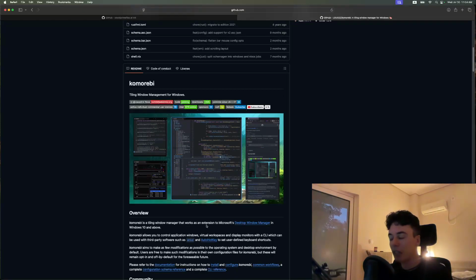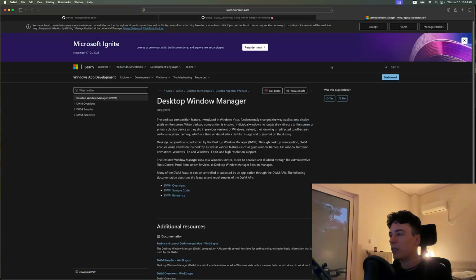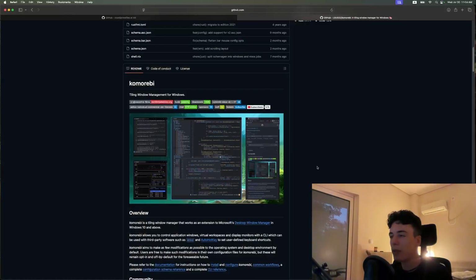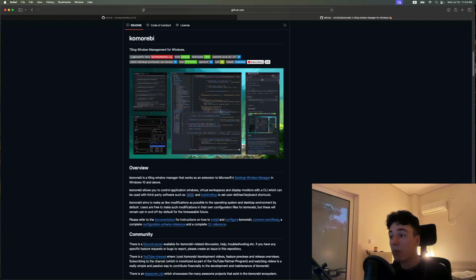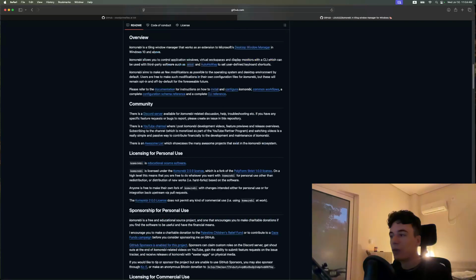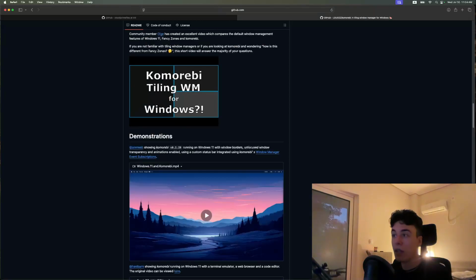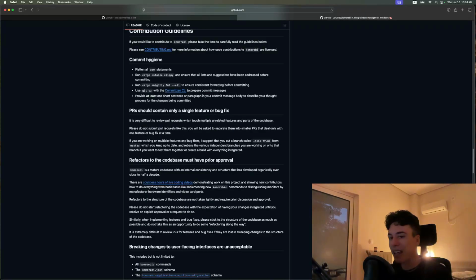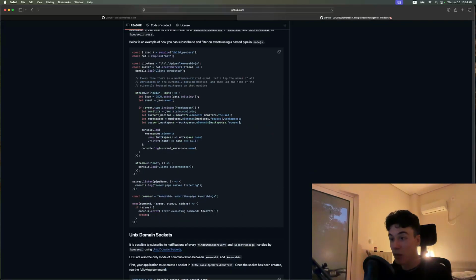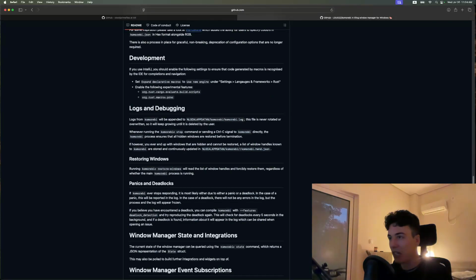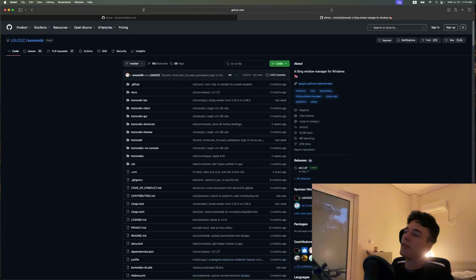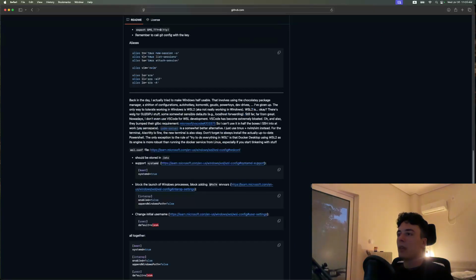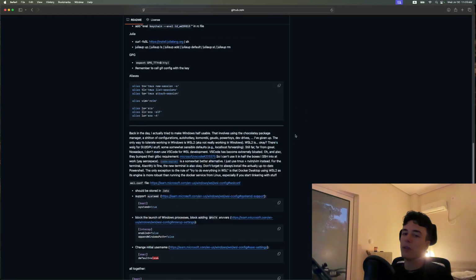It says that it works as an extension to Microsoft's desktop window manager, which is absolutely crucial for performance and compatibility. It seems really good, but I haven't used it. So if I had to use Windows, I would definitely use this. And maybe I'd spend enough time with a Windows VM or something to make a configuration for this. It seems cool. But anyways, I've given up on Windows, so I just use a terminal and I use WSL,